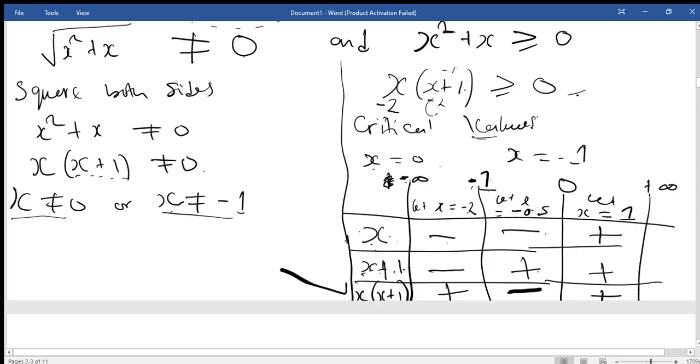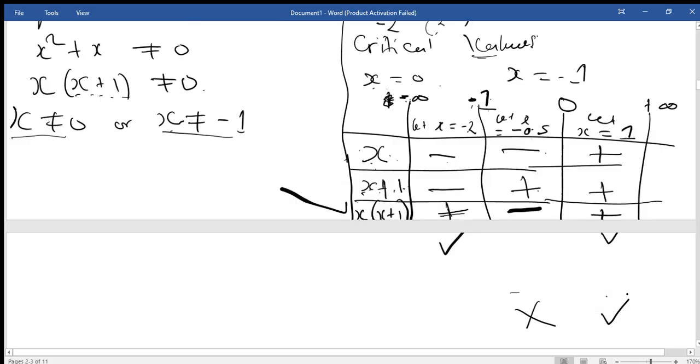So in the last column here, the overall is positive. Is it true that any positive number is greater than 0? Obviously it is true. This is a yes. Is it true that a negative number is greater than 0? This is a wrong column to look for. Is it true that a positive number is greater than 0? Yes. So it means that from your testing, you can see that